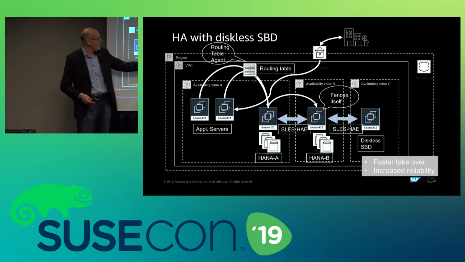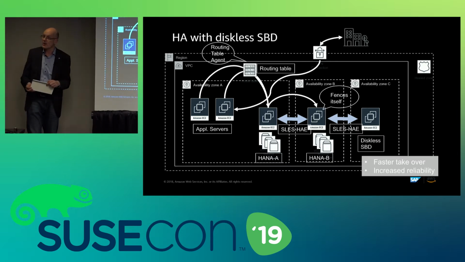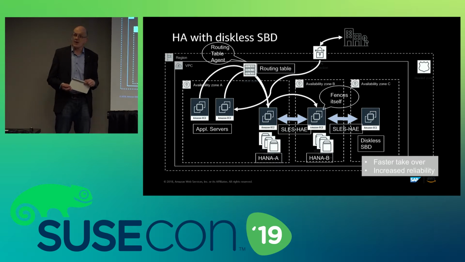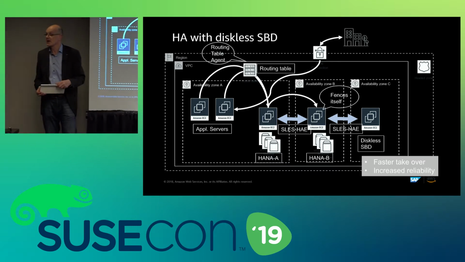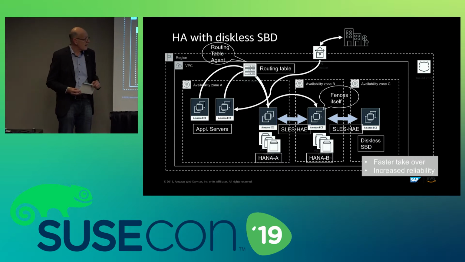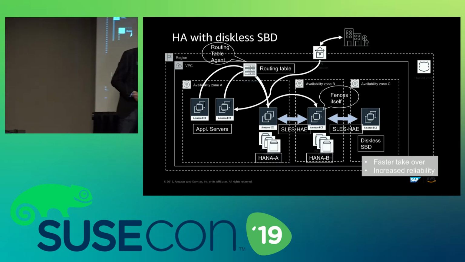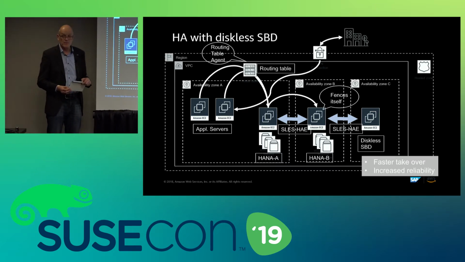And if the other node lost its majority in the cluster, then this node will kill itself with SUSE means. And this means a kind of instant death. If you're going to shut it down on AWS, it's typically going to take, on these larger instances, 2 to 3 minutes. And this allows us to bring takeover times from 5 minutes down to a kind of 2 minutes. This gives you a faster takeover, and it gives you a more reliable takeover because the risk of a race condition where both nodes get down is significantly smaller.